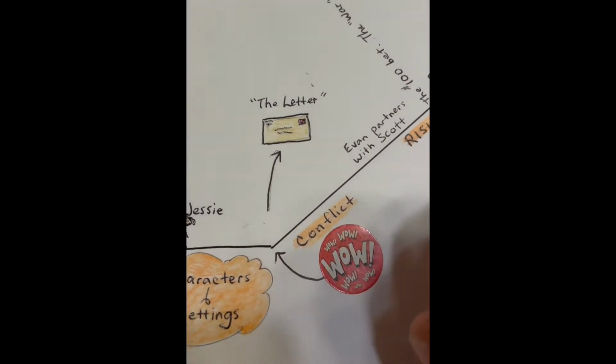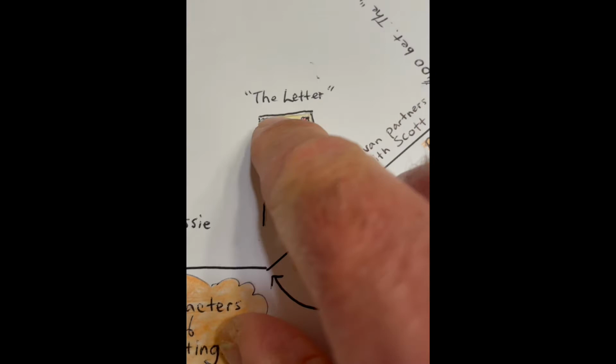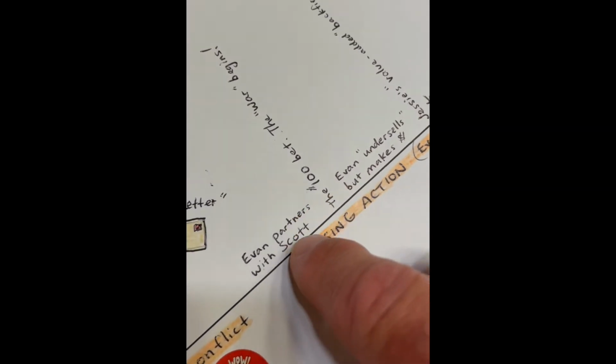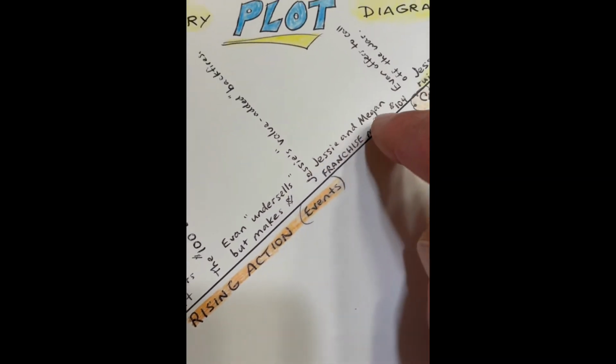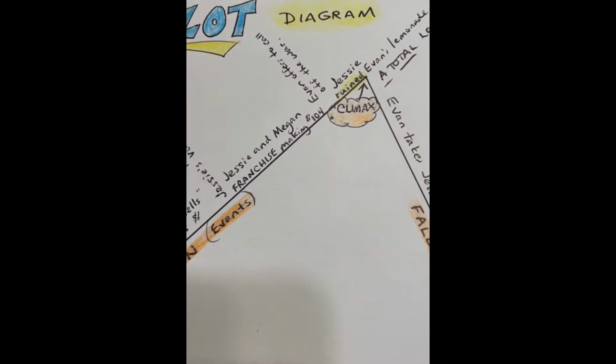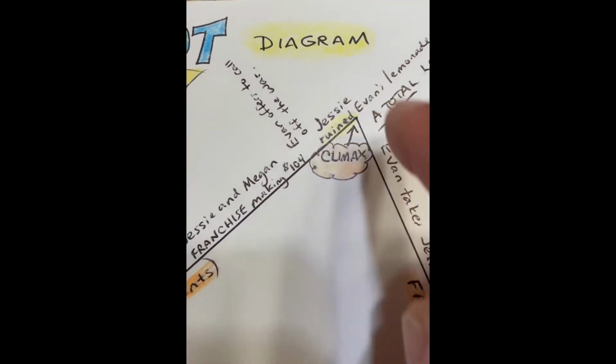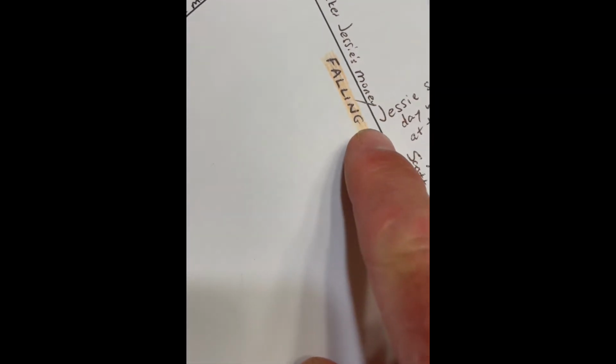But once something happens, a wow, a bang, a boom, some conflict, in this case, that letter that took off, now the story rises in action. Evan sells lemonade. Jesse partners with Megan. They all sell lemonade. They're making that bet. And it rises to the top again, which we call the climax. So we have exposition, the incident or conflict, then the rising action to the climax, which is the top of the roller coaster, the main event, the big bang, the most action or exciting part of the story. And then it falls back down, falling action,